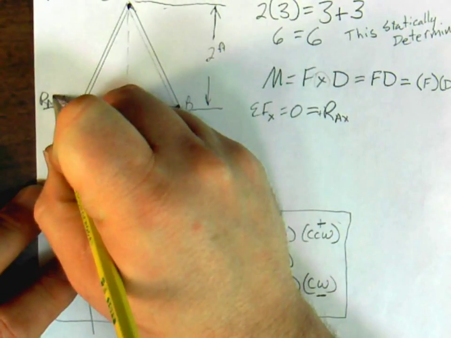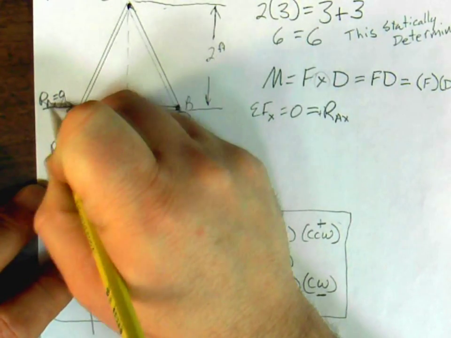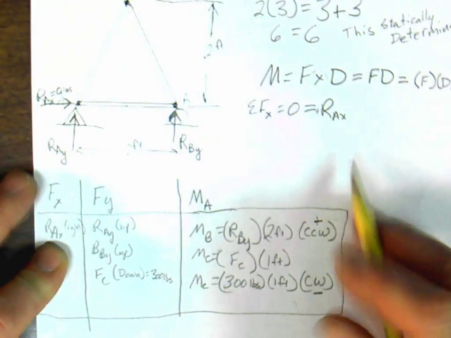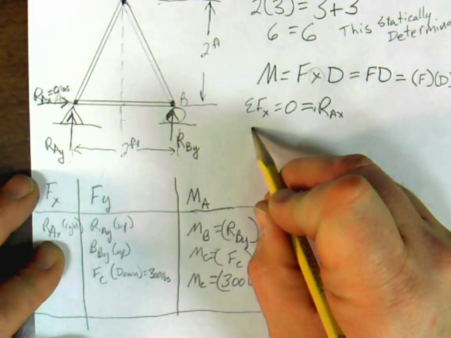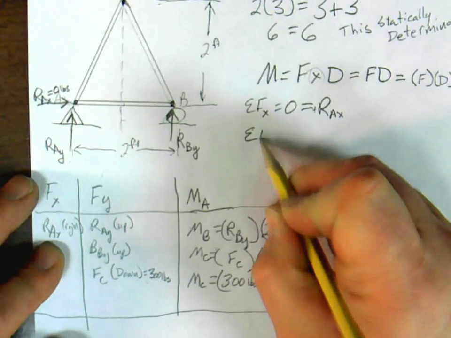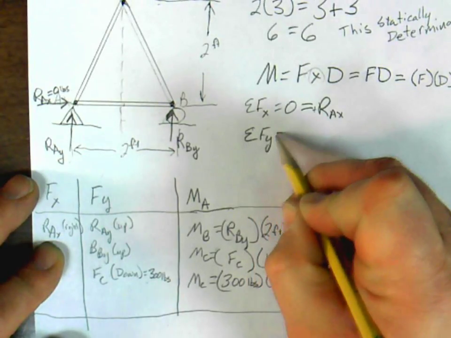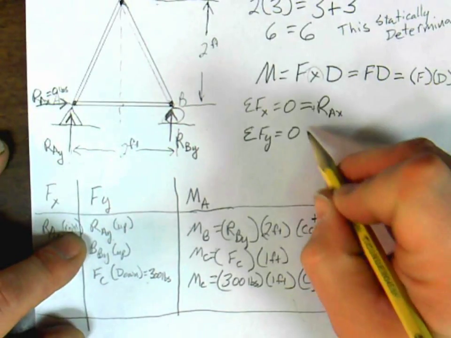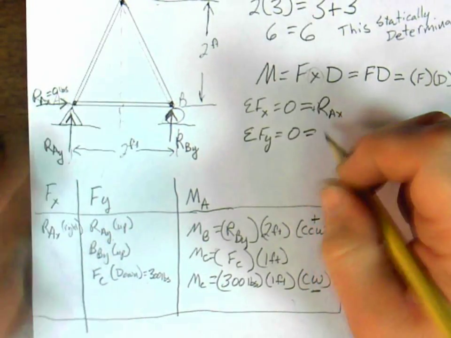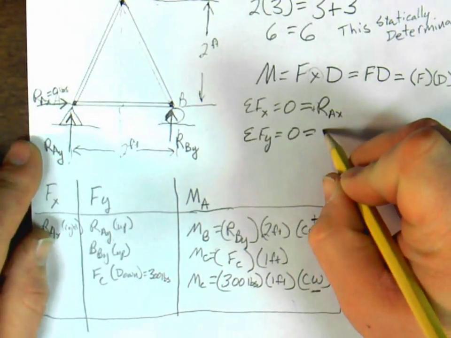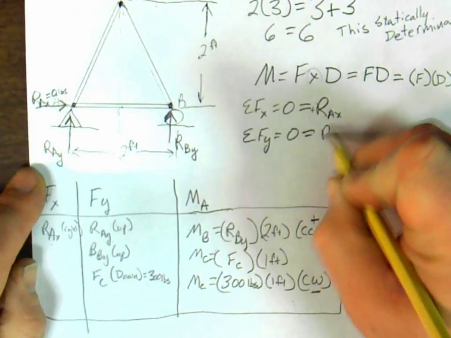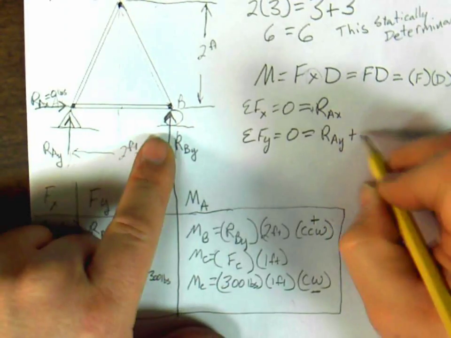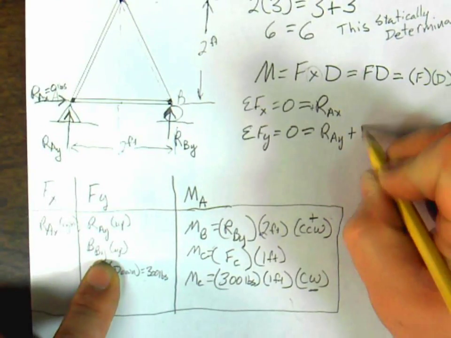Let's do the same thing with now the sum of forces in y equals 0. So now we've got to add all of these up. We've got R of AY, that's going up, so that's positive. R of AY plus R of BY, which is also going up, so that's positive. And then we've got the force at C, which is going down, so that makes this a minus